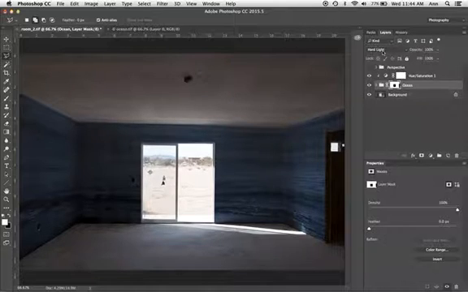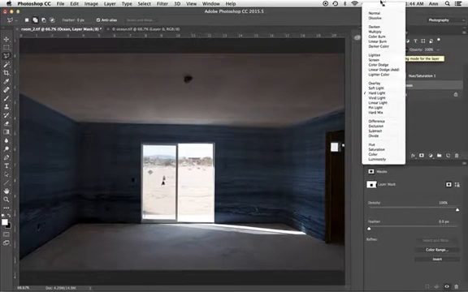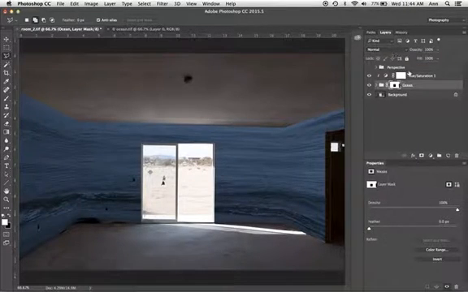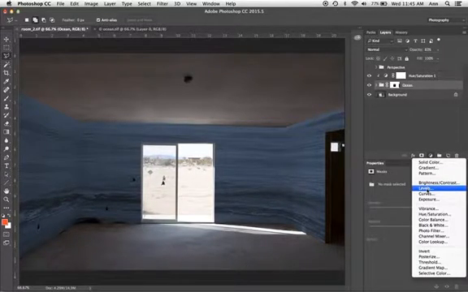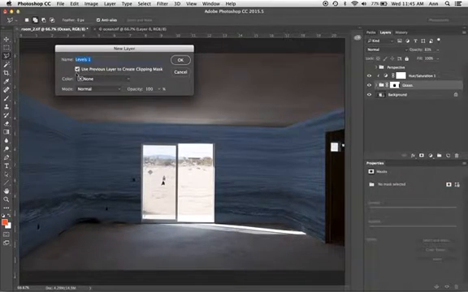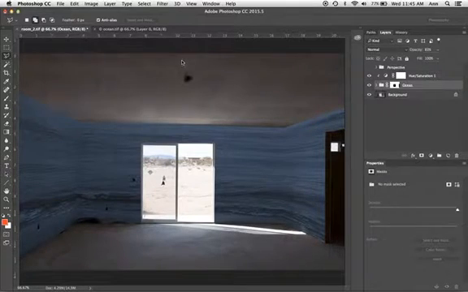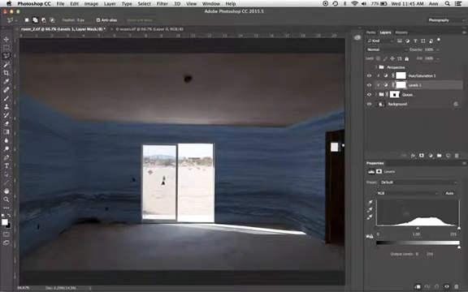Now, the other thing I can do is, let's say if I go back up to normal and reduce its opacity just a bit, I can actually bring in a little more shadowing in there by making sure I'm on the ocean layer, I'm going to hold down that Option key. This time I'm going to do a level. You could do a curve or exposure. The box is checked, use previous layer, so you can have more than one. I'm going to darken it a bit.